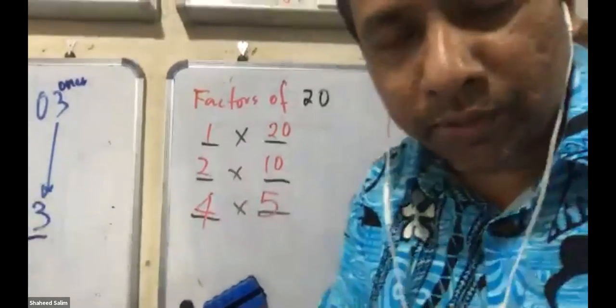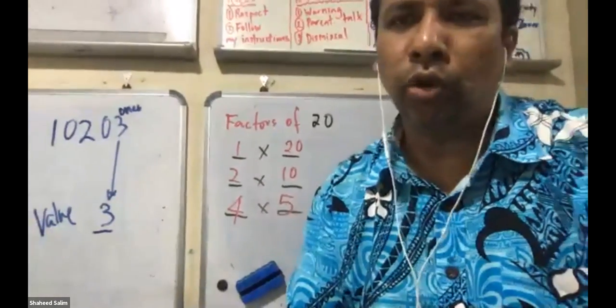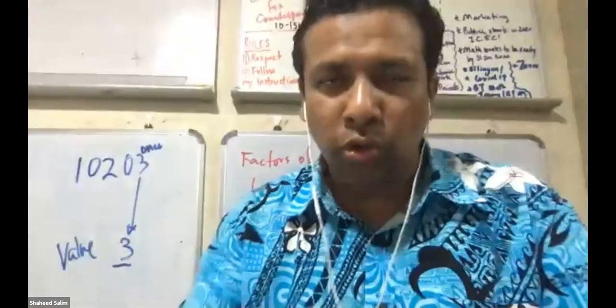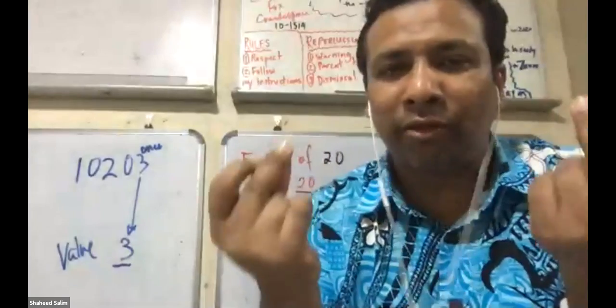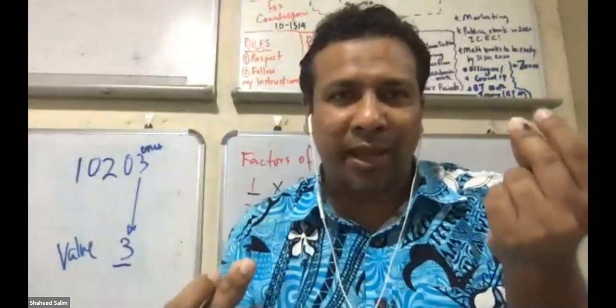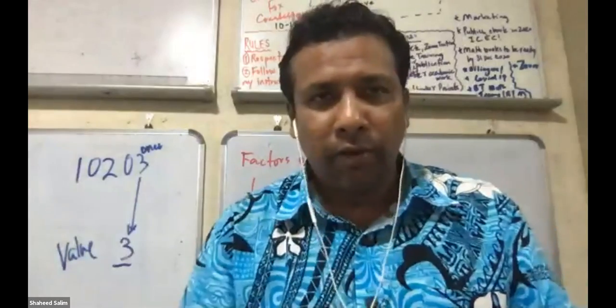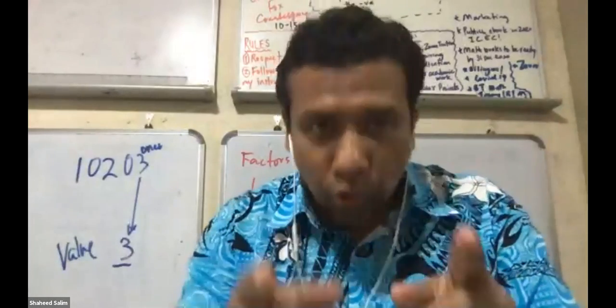Now, notice, you are taking too long. Girls, you are taking too long. But it's okay. I want you to know that we have to go on our timetable very fast. Let's say 7 times 8, 56. You must give your answer that fast. 3 times 4, 12. 4 times 5, 20. You will get that fast.